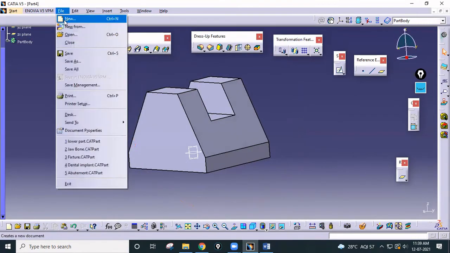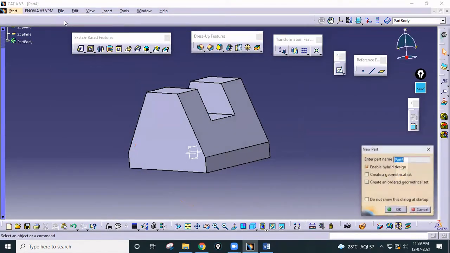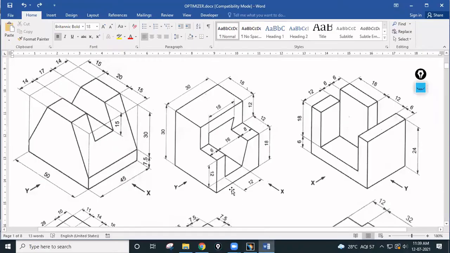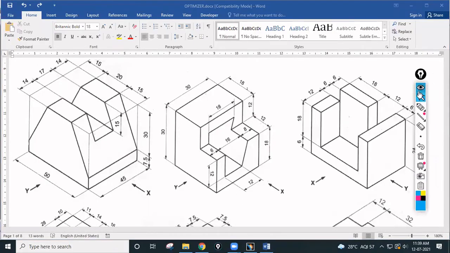So now we will move to the next part, that is part number 5, this one. So again, two steps are there from where you have to start. So I'm going to start from this direction, that is y direction. I'm going to draw this L section first, pad it by around 30. Then you can draw this profile and you can pocket it up to last. Correct? So this is how you have to model it.